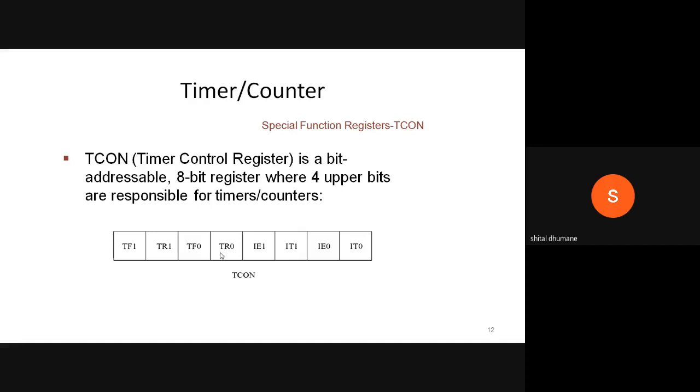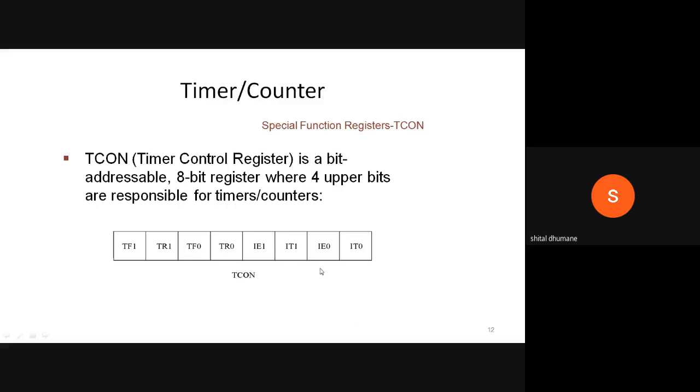You can directly use a single bit from the TCON register. That means you can directly write instructions such as SETB TF1 or CLR TF1. That is the advantage of having bit addressable registers in your 8051. So these are the two registers.